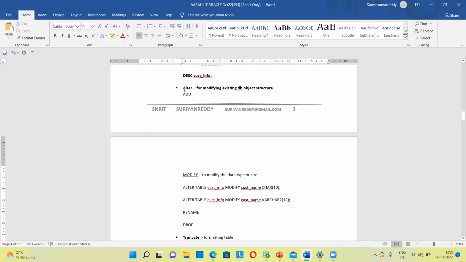Yes, sir. Now, for example, 3 columns are there, but I want one more column or 2 more columns in my table. So what can I do? I can,